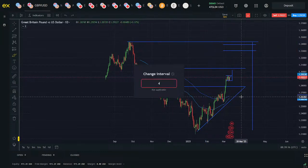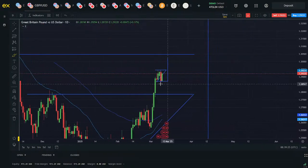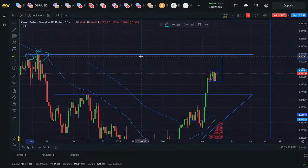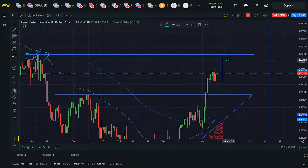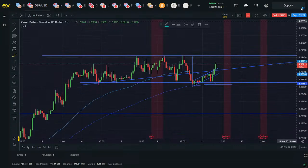And when you go to the 4 hour time frame, let me tell you one other thing. In the 1 day time frame, if you look at this very point, one and this second, you see that there's a very strong rejection over here, and the market will definitely retrace a little bit from this particular point. The whole point is that if you see in the 4 hour time frame or the 1 hour time frame, this particular ascending triangle,